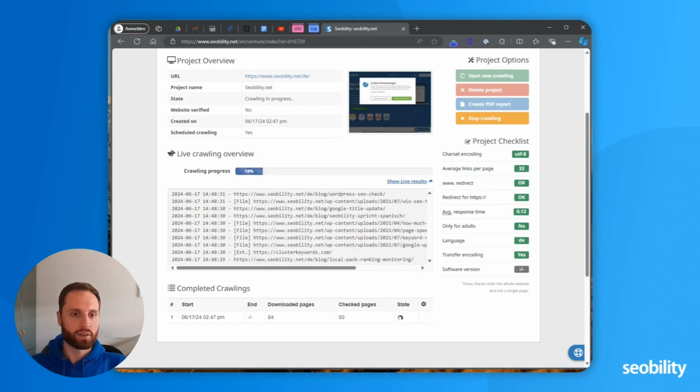Over here, you can basically watch in live, so in real time, which pages are being crawled by our bots. Down here, you would have a list of completed crawlings with downloaded and checked pages. So why is there a difference between downloaded and checked pages?